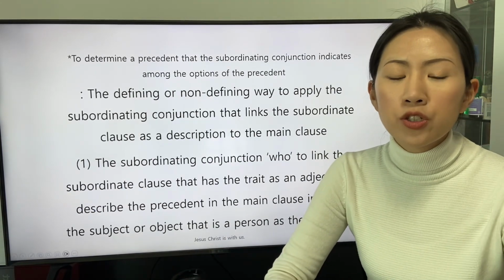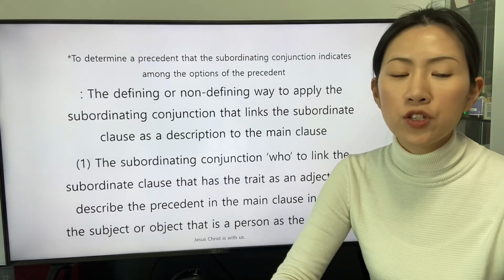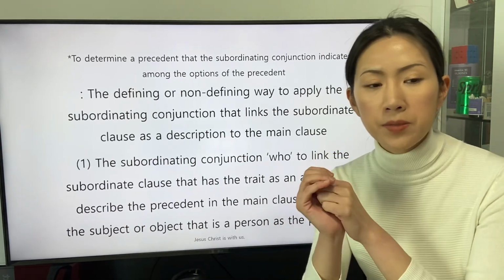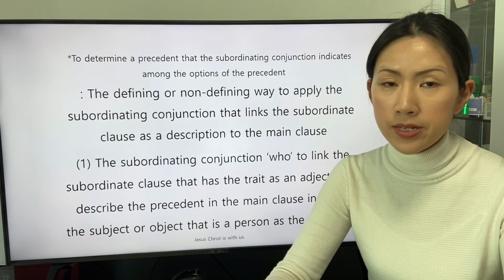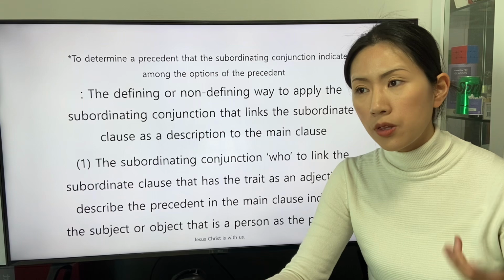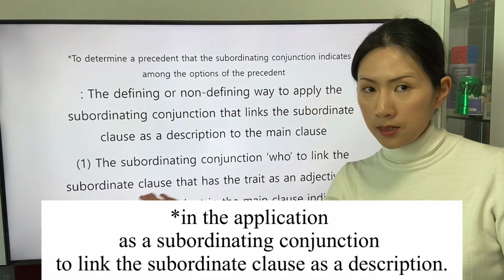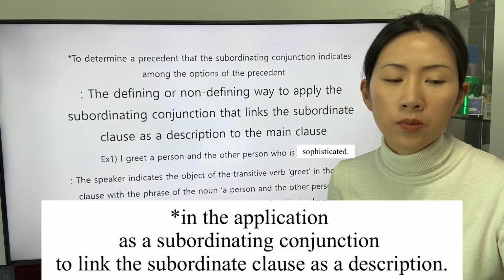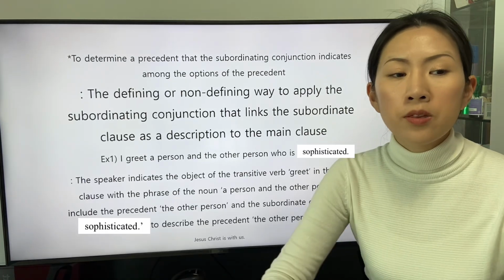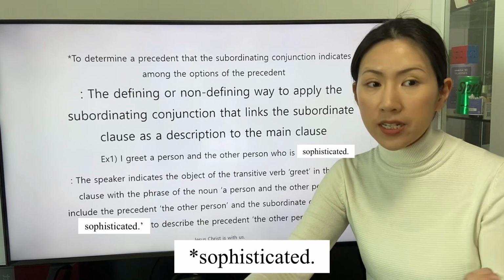The subordinating conjunction who links the subordinate clause that has the trait as an adjective to describe the precedent in the main clause. It indicates the subject or object that is a person as the precedent. The premise to apply the pronoun who is also applied. There is a sentence: I greet a person and the other person who is